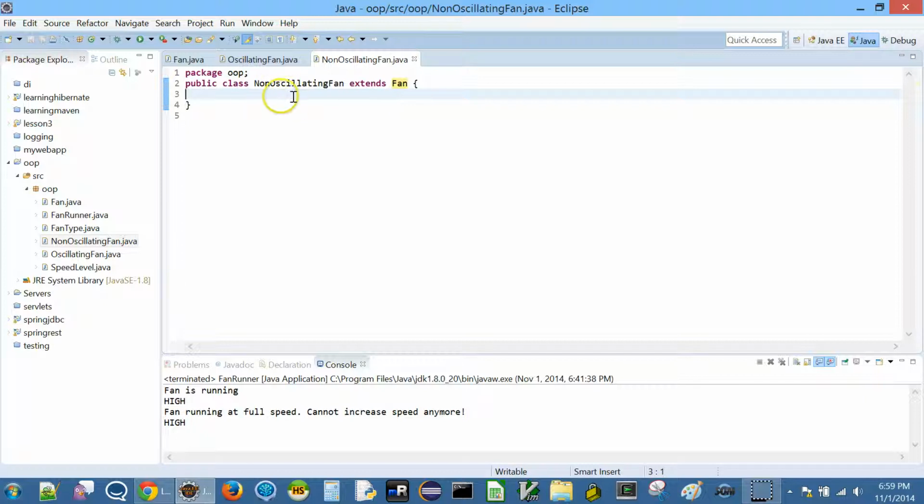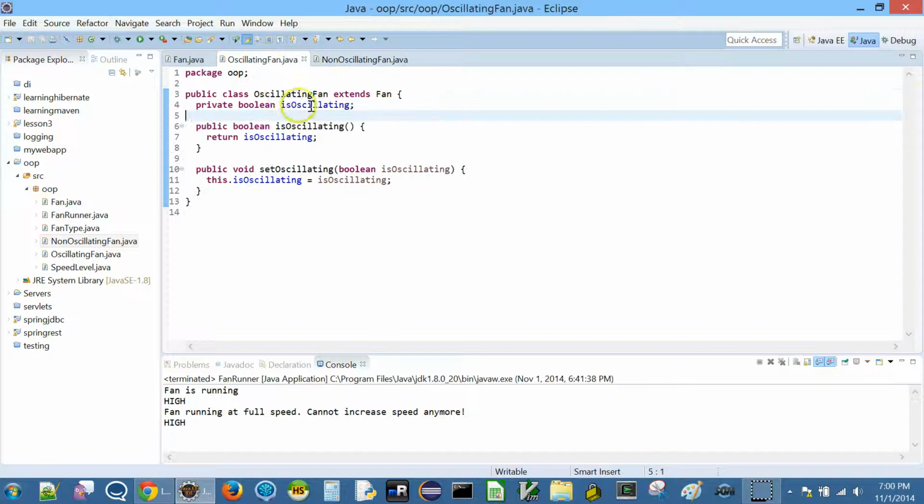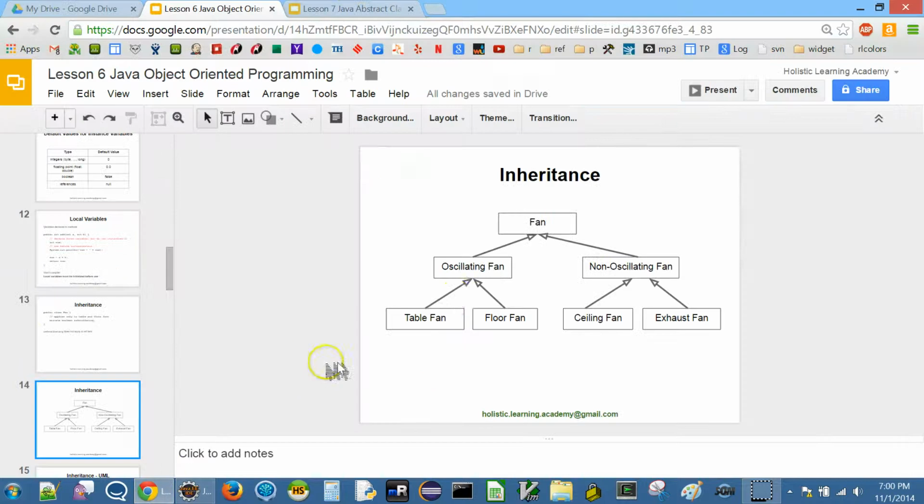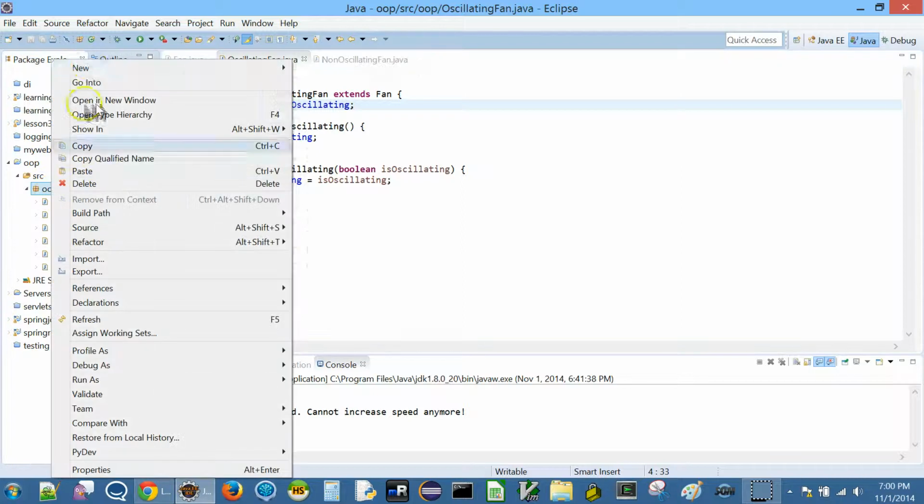But we don't need any extra fields in the non-oscillating fan. It is just more of a marker class. Marker class meaning it's not providing any additional fields or methods. It is just an abstract concept. Okay, but oscillating fan provides an extra field, right? Now I'm going to go here and then see that oscillating fan, we have table fan and floor fan extend oscillating fan. So I'm going to create a table fan.